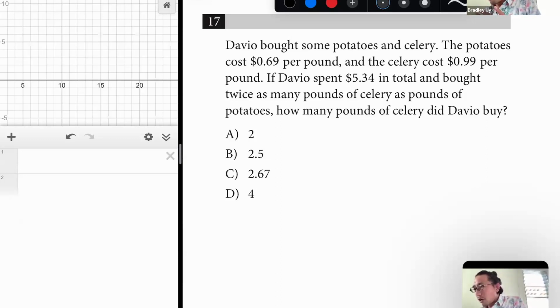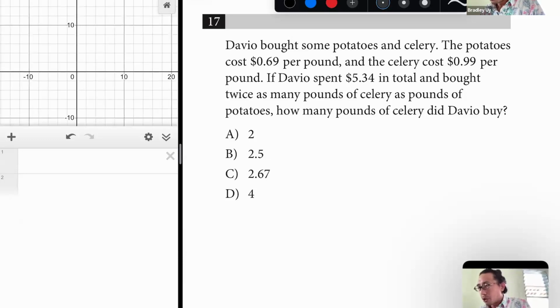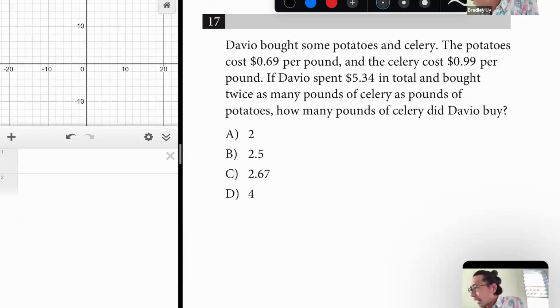Since I know I'm eventually going to plug it into Desmos, I'm going to use X and Y as my variables. Typically, you might want to choose P and C because that should remind you of potatoes and celery. But I'm going to choose X and Y just for convenience, but I will make a key establishing what these variables represent. X is the number of pounds,